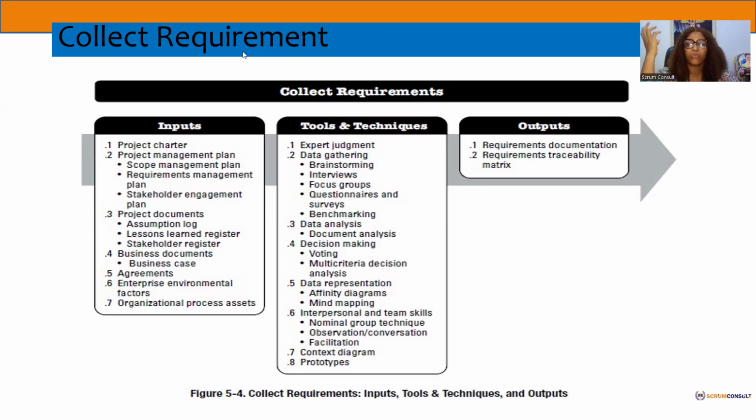We'll talk about what brainstorming could be: your interviews, your questionnaires, your focus group, depending on the nature of the project. It could be your benchmarking and the rest. Again, tailoring comes in. It does not mean you will do brainstorming for collecting data and then go back and do interviews. No. Tailoring matters. Understand your project and know the best method for eliciting.